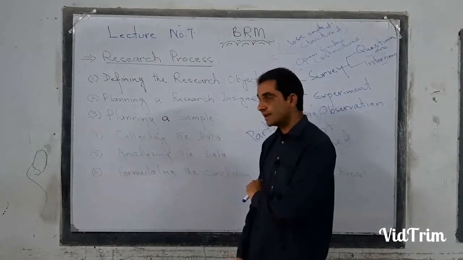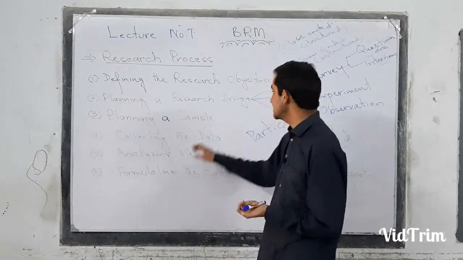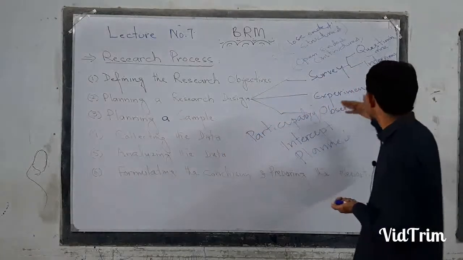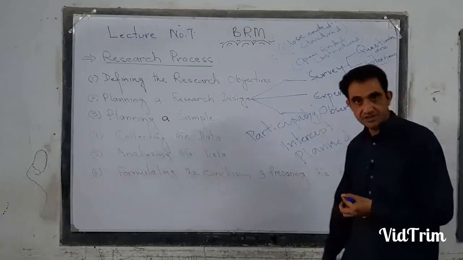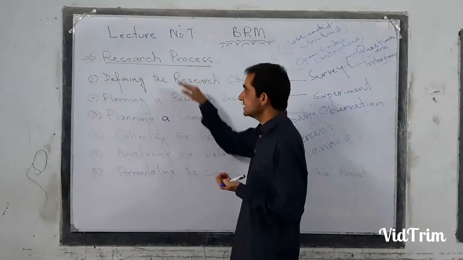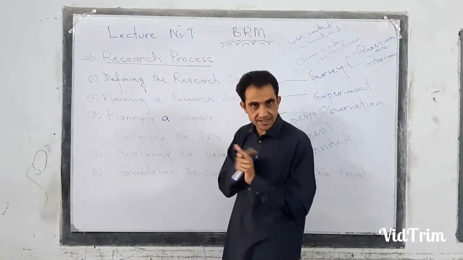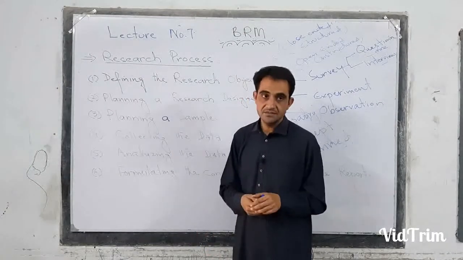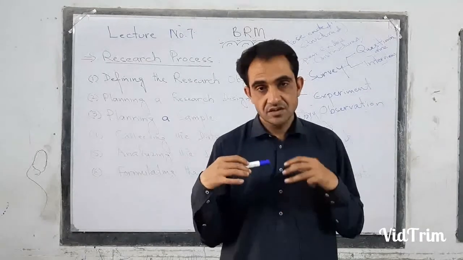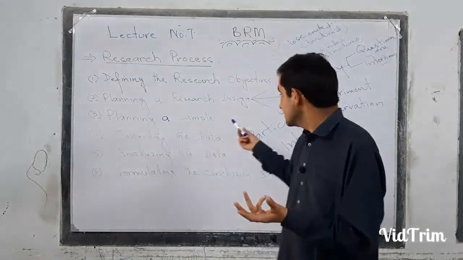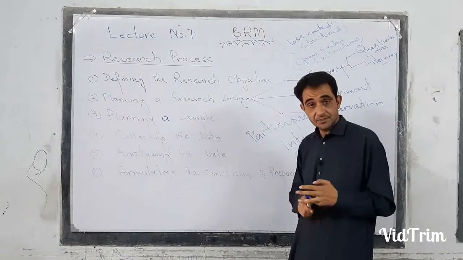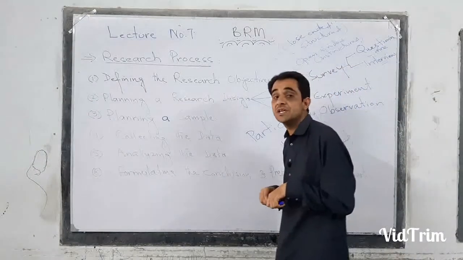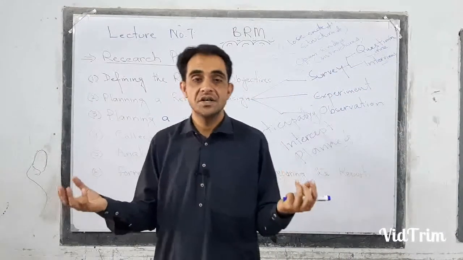The next step is collecting the data. Obviously based on this design, you are collecting the data through questionnaire or interview or experiment or observation. But these 3 stages are theoretical stages in which you are making just plans and designs. These next stages are practical stages. Collecting the data, we are collecting the data based on our sample size and research design. Let's suppose our sample size is 500. In our research design, we have selected questionnaire. So we are distributing 500 questionnaires to BBA students.